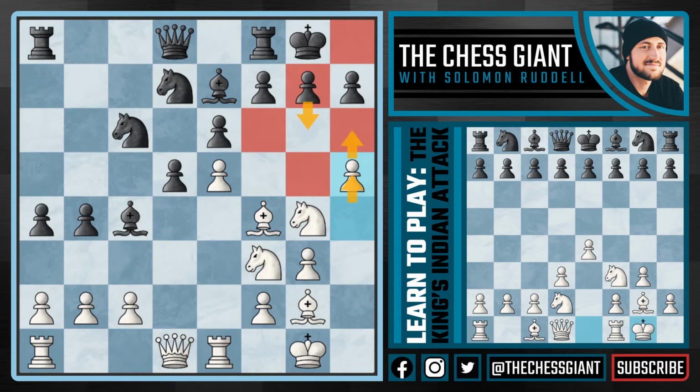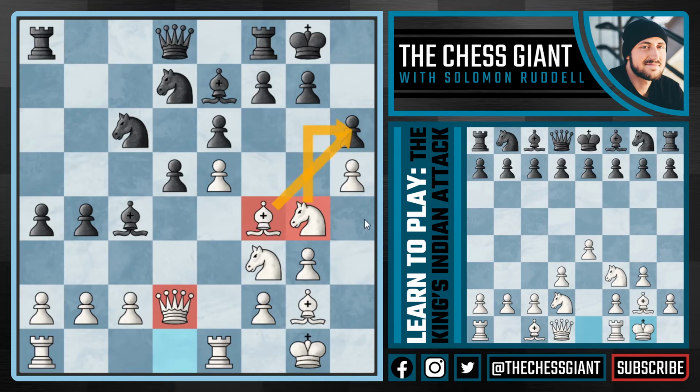So you may see the move h6, but after this, we're really going to gang up on this pawn with queen d2, using our queen and two of our minor pieces, looking to eventually take that pawn, probably with the bishop on f4. And here, if a move like rook c8, we could take the pawn right away, but I think slightly better is the move b3. In this position, guys, there's no rush in taking this pawn. Let's slightly slow down